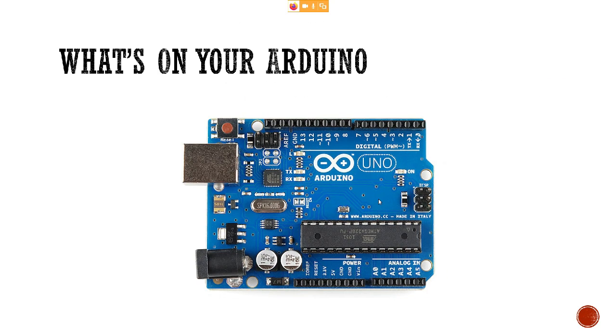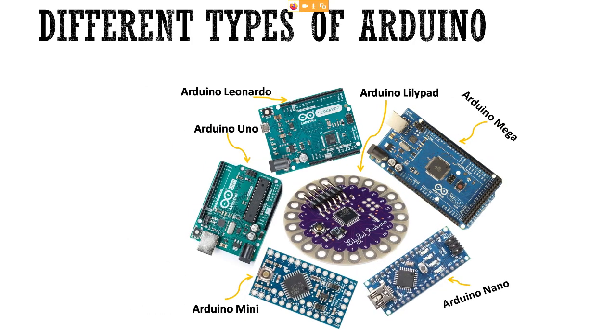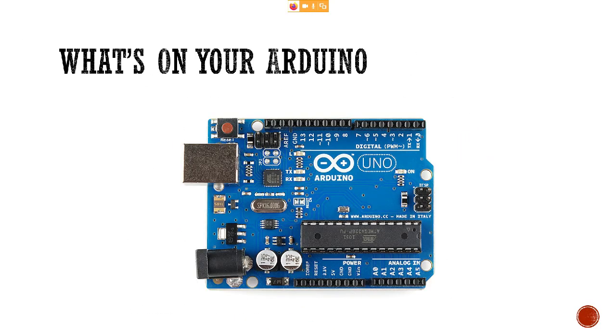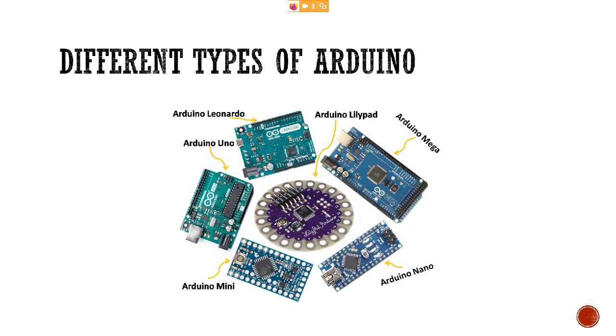Then we have the Arduino family. Basically, the Arduino family has multiple boards, like 20 of those, but we will talk mainly about the most popular ones. First of all, we have the Arduino Uno. Then we have the Arduino Mini, as well as the Arduino Nano and the Arduino Uno. All these three are based on the same controller. The only difference is that the Mini and Nano use SMD components and the Uno uses THT components. Then we have the LilyPad, the Arduino Leonardo, and the Arduino Mega.